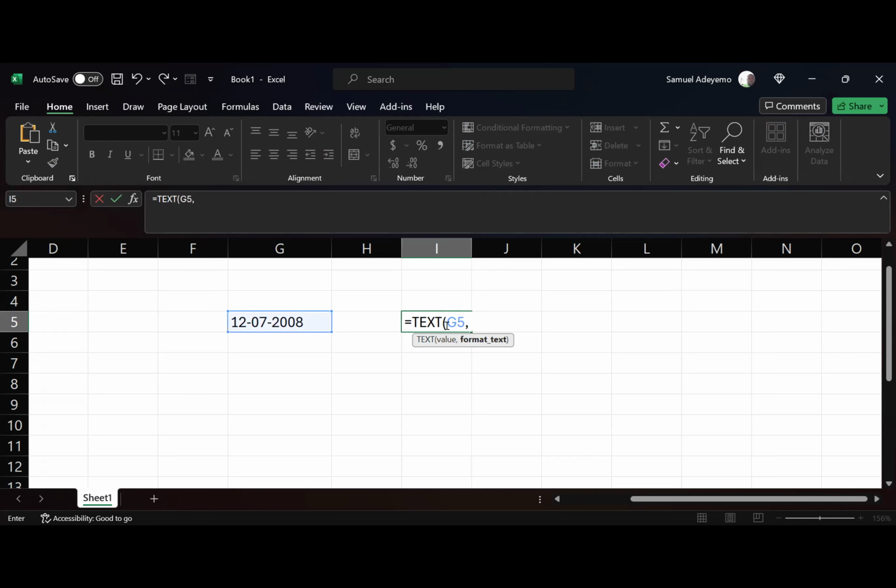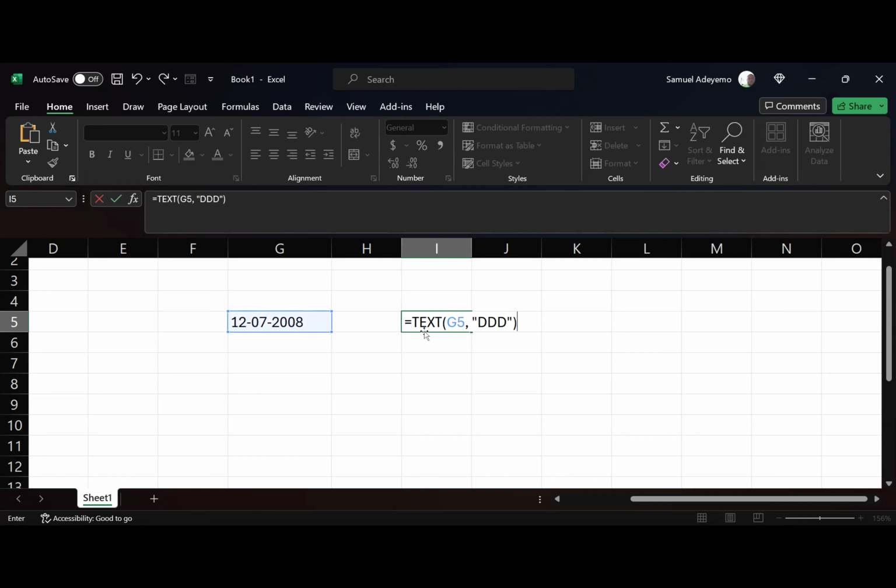So what do I want to do? I want to see the day name. I'm going to do a double quote like this, and I press D 3 times, and I close my double quotes and I close brackets. Now, what did I do? Now, don't forget what I want to achieve